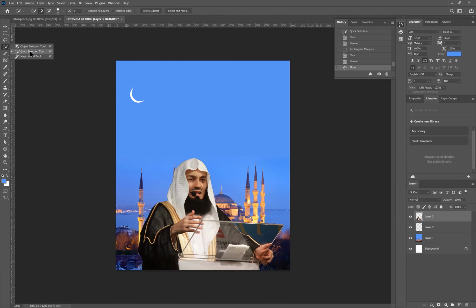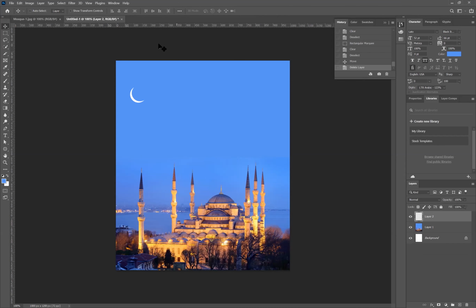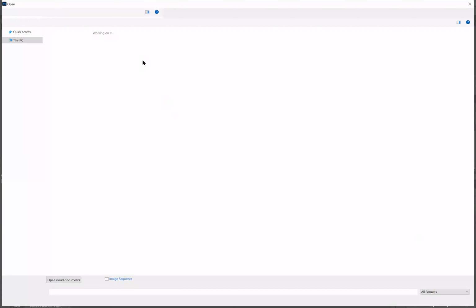Now, interestingly, there is one more tool called object selection. I don't think many of you have this object selection, because I think it is there in the 2020 release. I will show you what is the use of this.